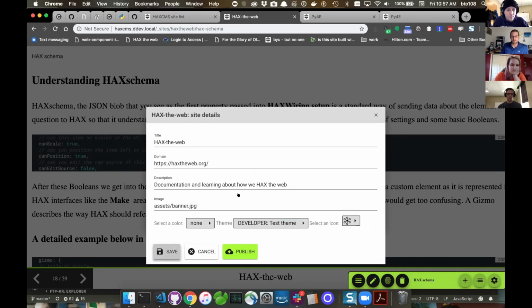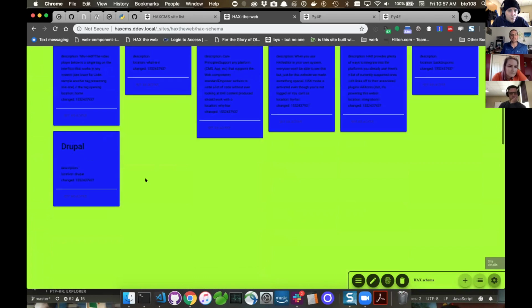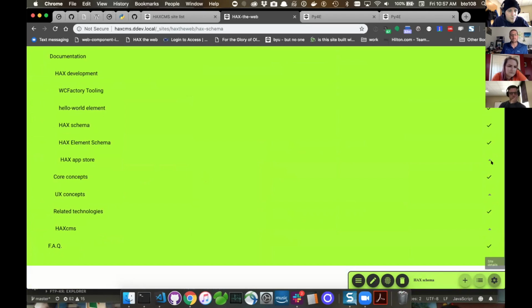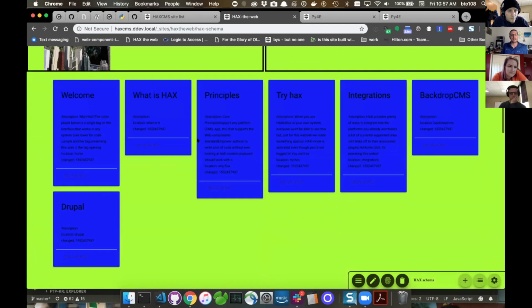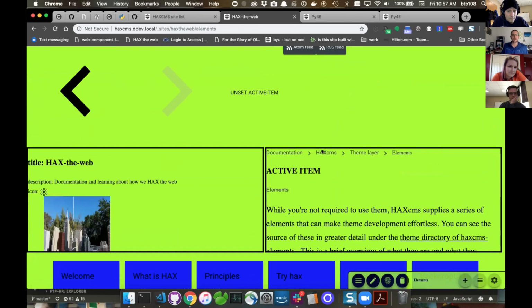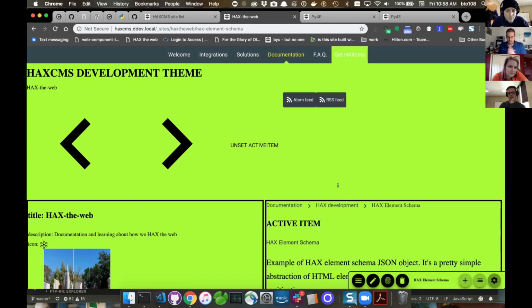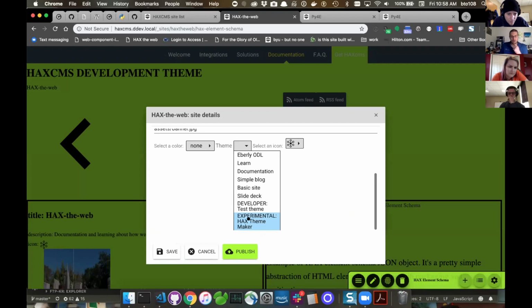There's also now the developer test theme. The developer test theme has pretty much all the different pieces and some different techniques on the DOM. And yes, bright green, because that's what the color is. Just to help illustrate some of the functional concepts in there, right? Like there's the breadcrumbs. So it's a decent theme to pick apart and know how to do any of these different things. Something else I added, and this is marked experimental